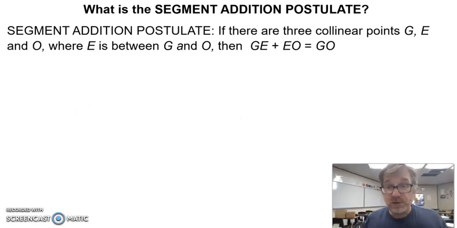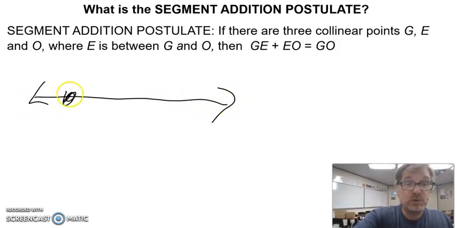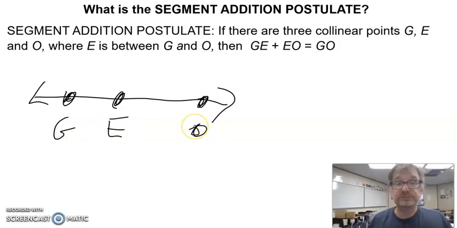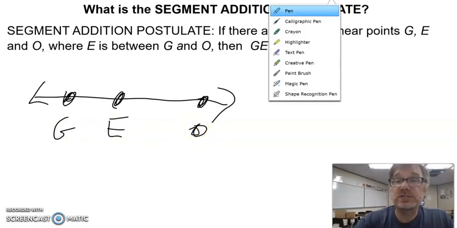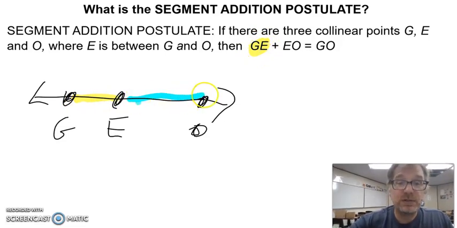That leads us to our segment addition postulate. The segment addition postulate states, if there are 3 collinear points, G, E, and O, that means G, E, and O are all on the same line, and E is between G and O. So let's draw that situation. Go ahead and draw in a line. We're going to put on 3 points, G, E, and O. They are collinear because they are all on the same line. Because they are all on the same line, I know the front part, GE, plus the back part, EO,